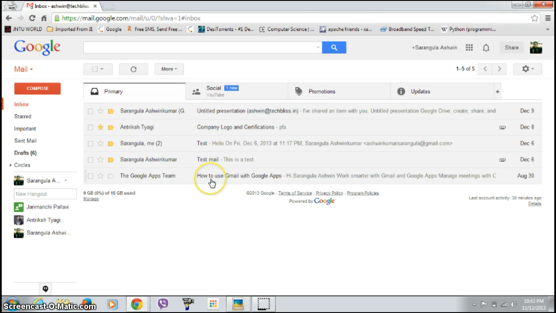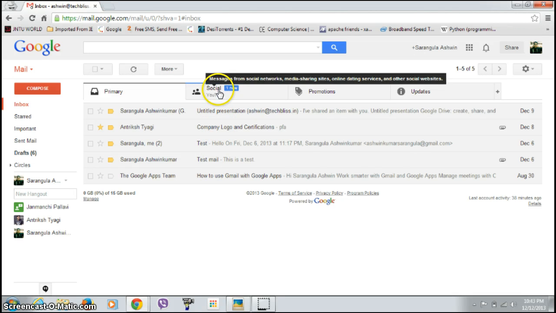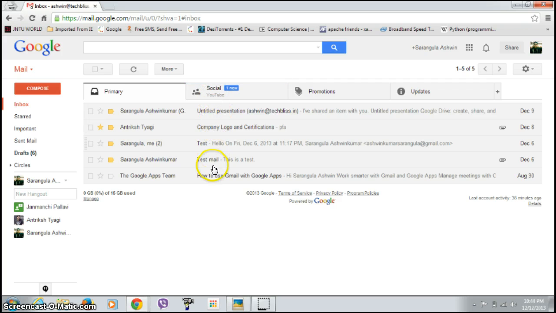And one thing to remember is that the main difference between POP and IMAP is that in POP the mails directly get downloaded to your physical system, whereas in IMAP, along with that, a real-time communication exists between the two persons who are contacting each other. The IMAP access provides efficient communication between the two persons, and in this way you can manage your POP and IMAP access to Gmail.